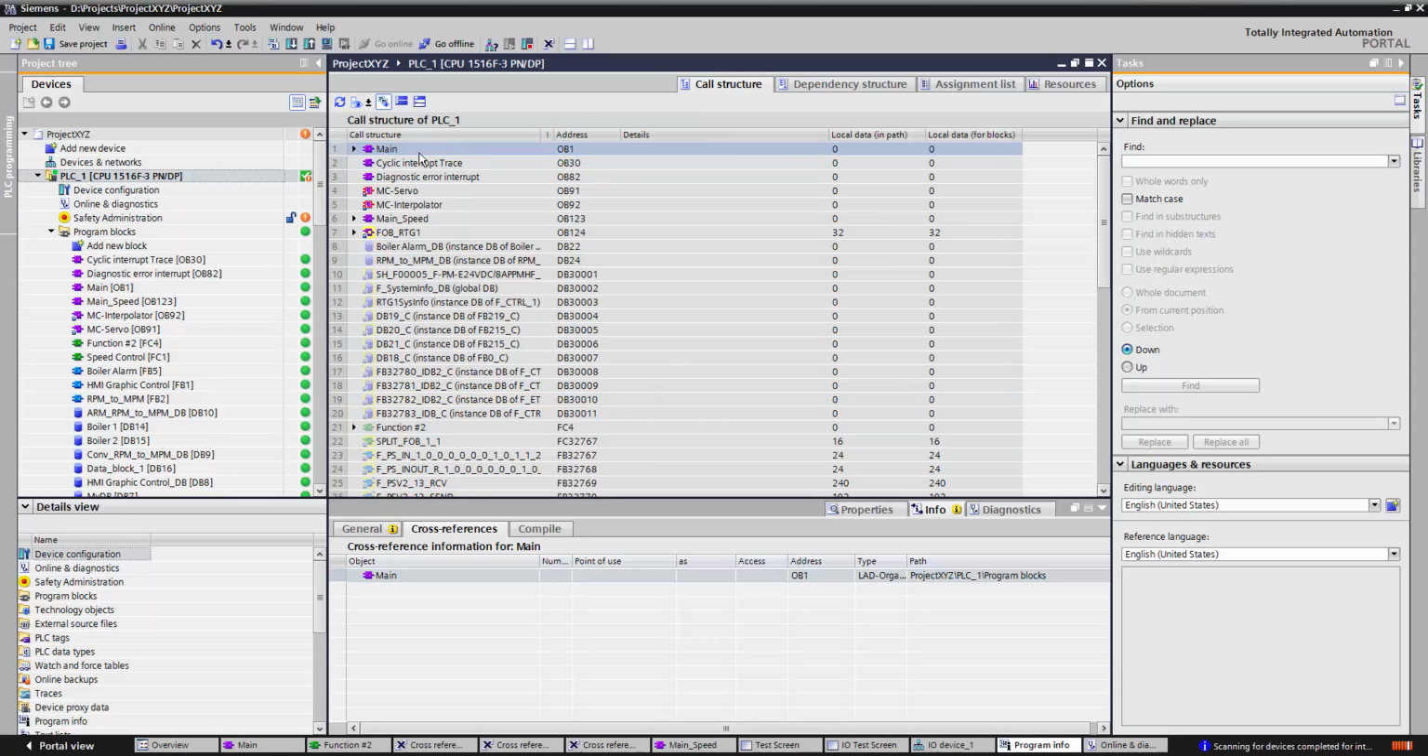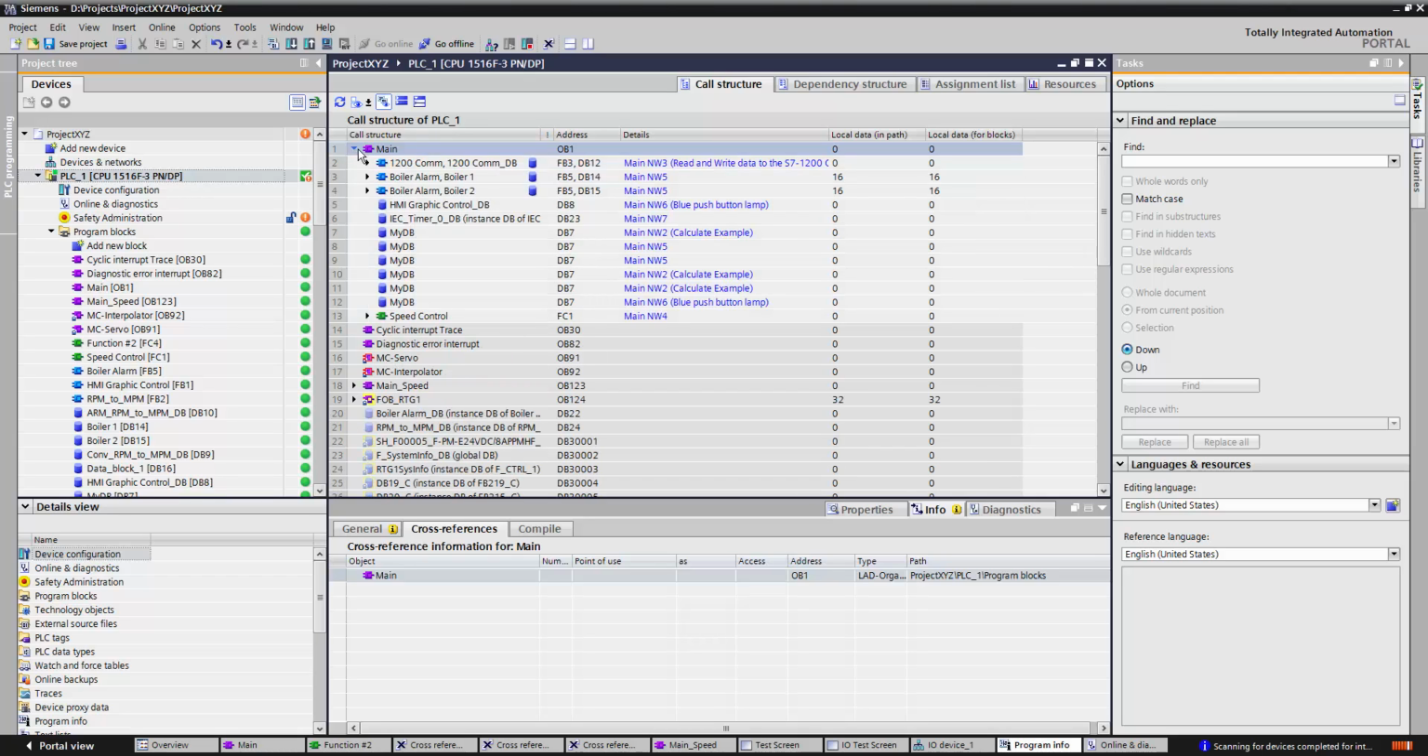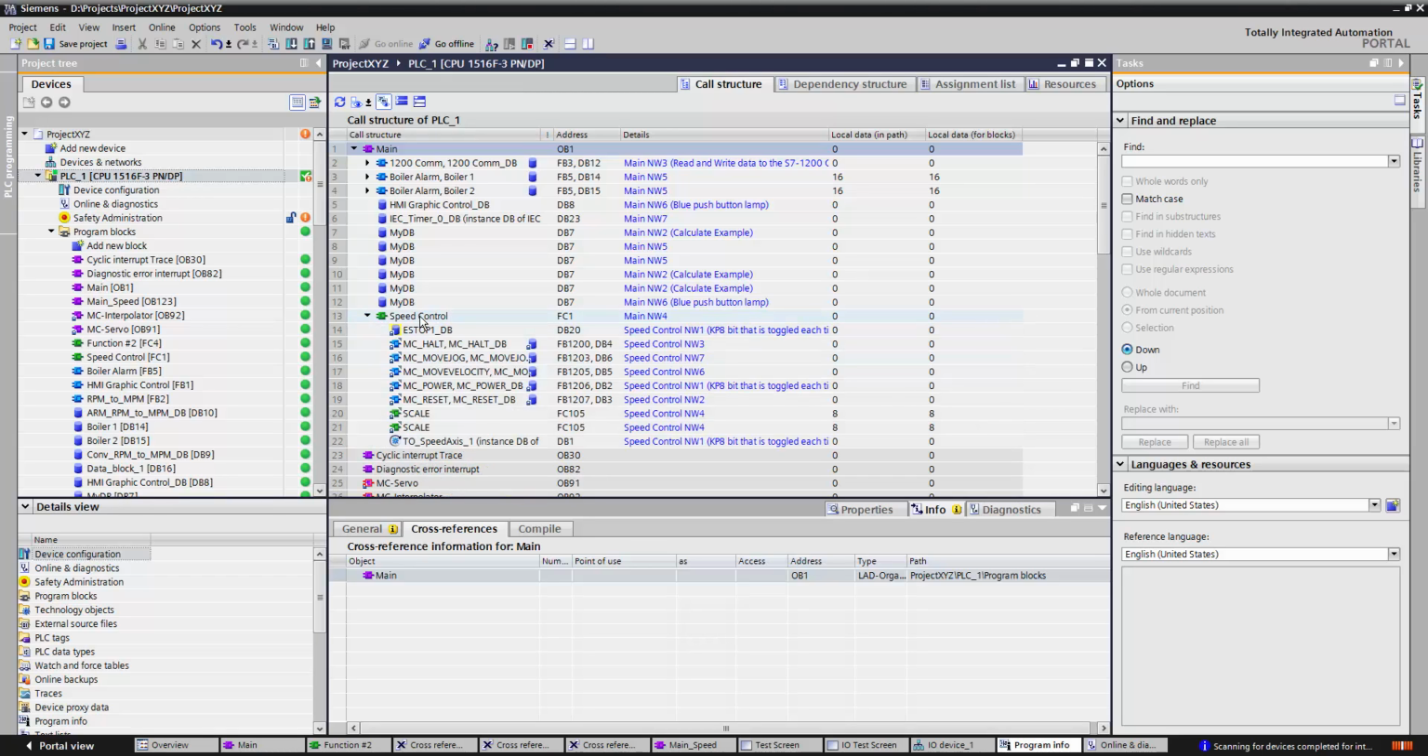So looking at my main routine, I can click down on it and I can see now what my main routine calls. So I can see it calls function blocks, it uses these data blocks, and it also calls a function. And I can further drill down on that function and see that this in turn calls function blocks and